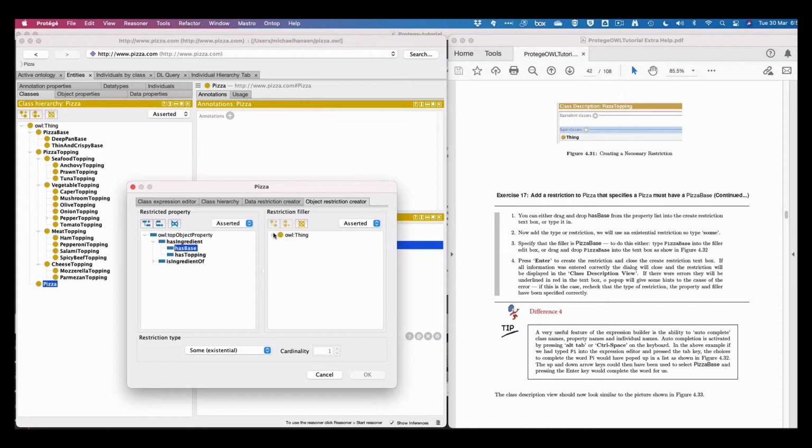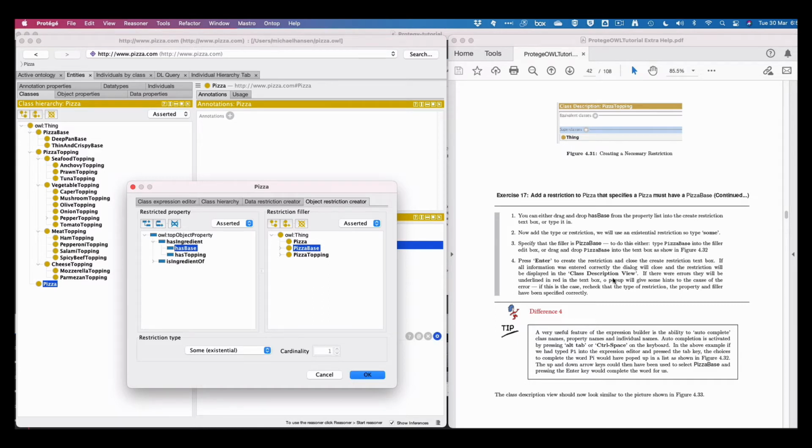So we're going to go in and select pizza base. Okay, and has base, it must have a base or some base,